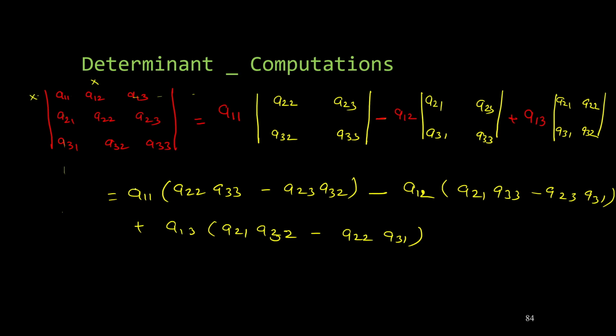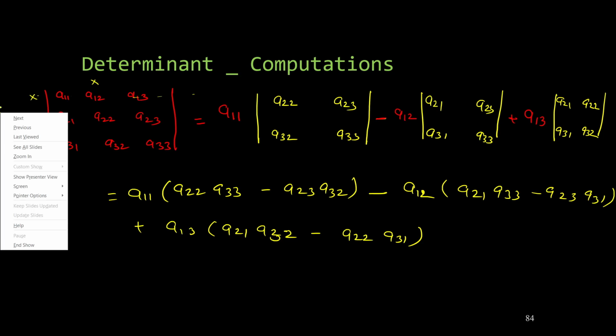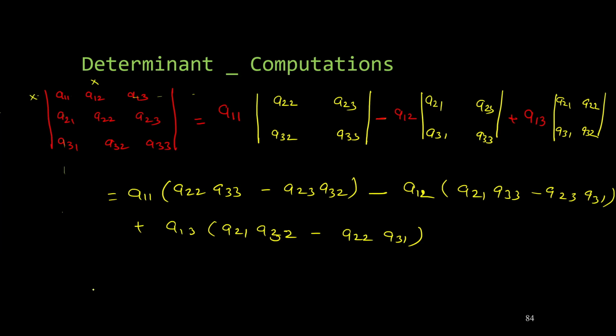Imagine if I take a 4 by 4 matrix, 5 by 5, 10 by 10 or 100 by 100 matrix, how complicated this formula will be, right? Because if you take a 4 by 4 matrix, the submatrix would be a 3 by 3 matrix. If you remove the corresponding row and column, a 3 by 3 matrix is left. And for that 3 by 3 matrix, again you will apply this particular formula. So the computation would be too lengthy. That's why we don't calculate these things manually for larger matrices. We have software to do that. But this was just to show you how you can compute if you want to compute manually.